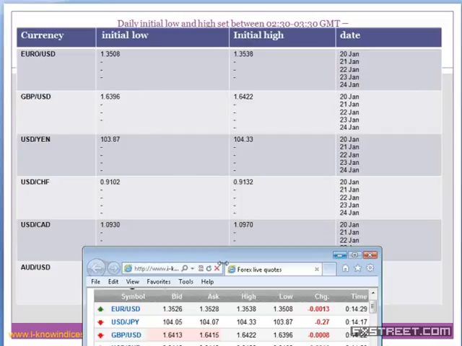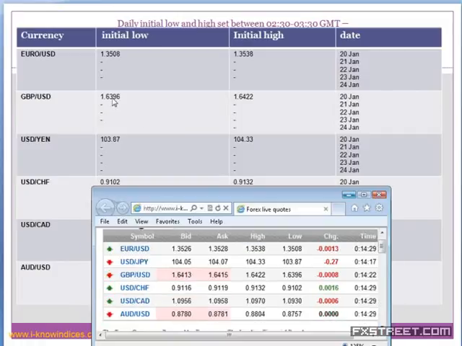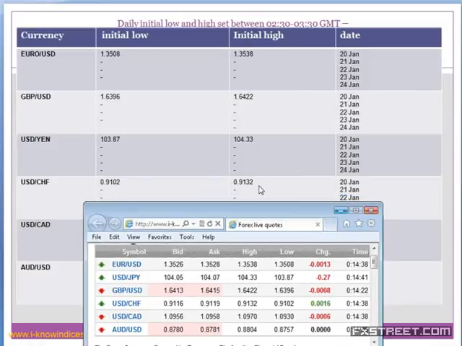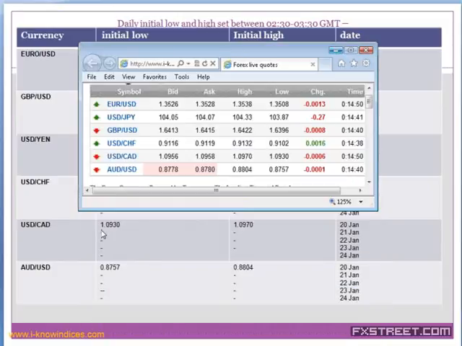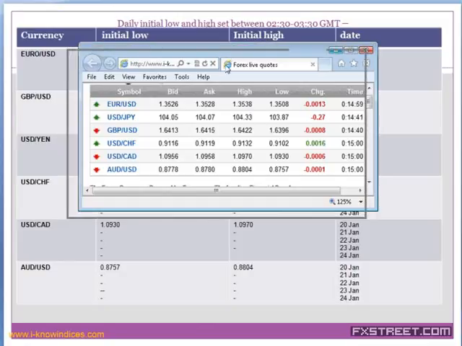So Euro has not breached the low or the high. GBP has also not breached the low or the high from that of 3:30 GMT. Then USD/JPY also not breached the low or the high, and CHF has not breached low or high. Canadian dollar also not breached the low or the high. AUD is also not breached the low or the high, which indicates that they just made the initial moves in